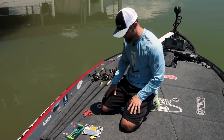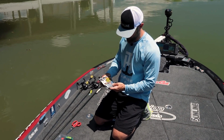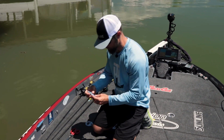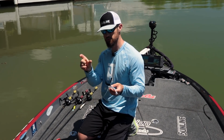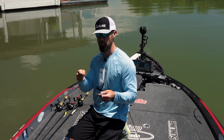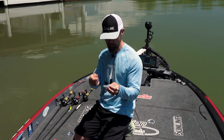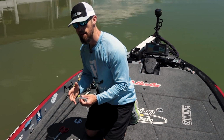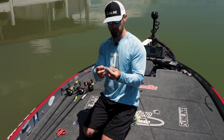But the third one is very interesting. I got a color called Frozen in this Shiver Glide. Now, Reaction came out with a Shiver Glide, a little small one, that they made for drop shotting and for putting on one of those little Damiki heads, fishing it like an armor shad, vertical straight under the boat. They came out with that, but then they came out with this Shiver Glide, which is a much bigger